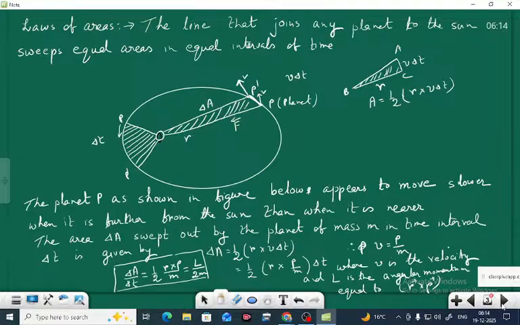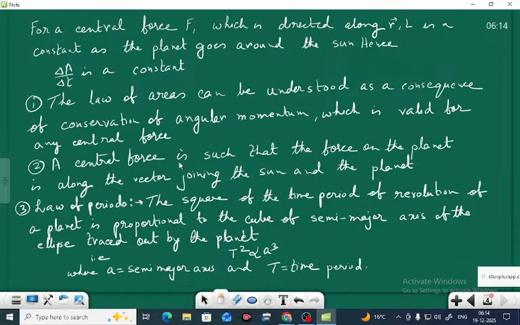So we are getting this one. Now there are two things we can find from here. For a central force F, and we already discussed that gravitational force is a central force, you can say that for a central force F which is directed along r, L is a constant as the planet goes around the sun. Hence del A by del t is a constant. The law of areas can be understood as a consequence of conservation of angular momentum, which is valid for any central force. The central force is such that the force on the planet is along the vector joining the sun